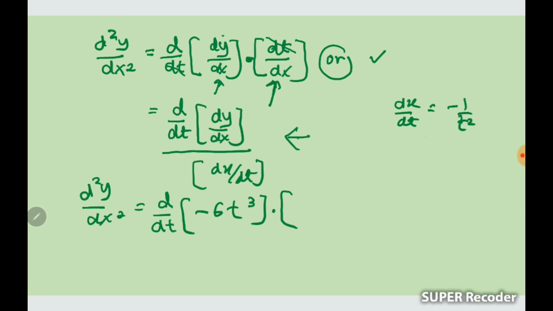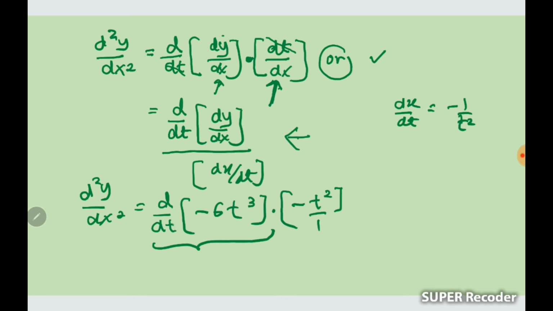The formula here, you need to multiply with dt dx, so you have to bring t squared up, so negative t squared over 1. Simplify, you will get,